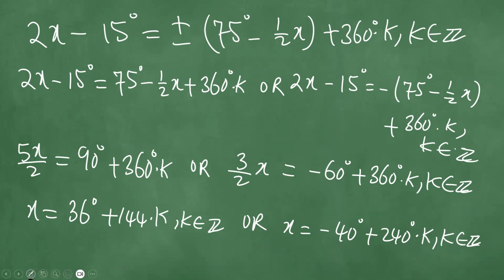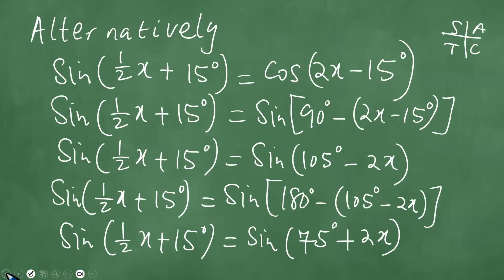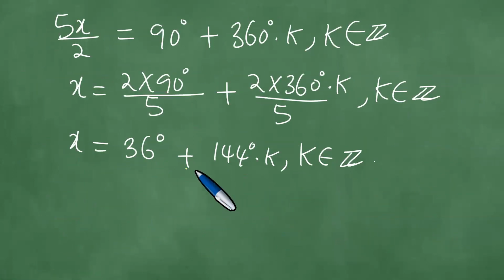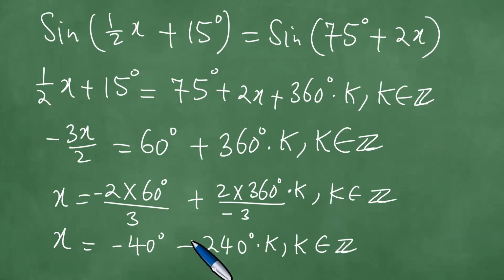And this gives us some solutions as well to the problem. Now, the 36 degrees was obtained in the beginning. We got the 36 degrees plus 144 degrees by k. But in the second part, we got this, and we're able to achieve the minus 40. Now, this minus 40 minus 240 by k